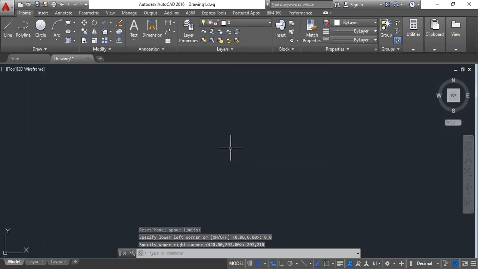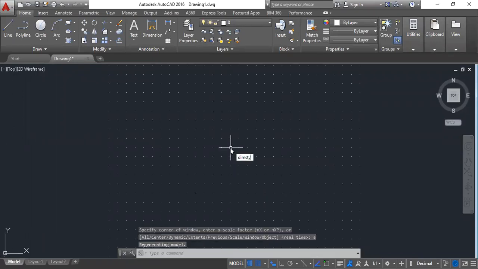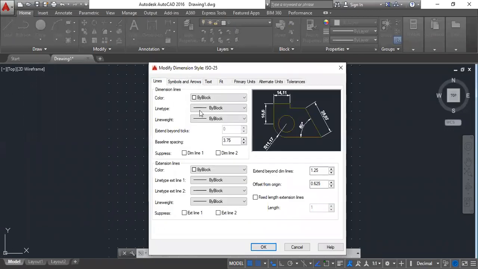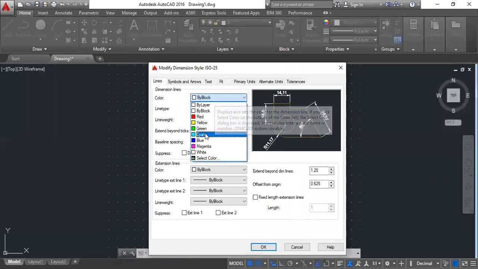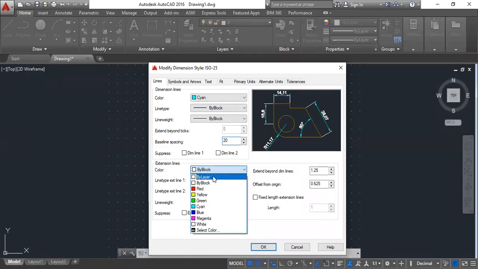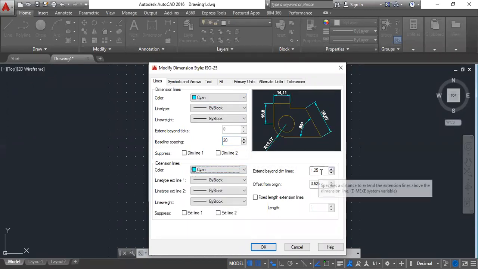Let me change the dimension styling also. Extend beyond dimension lines, we can give it as 5.